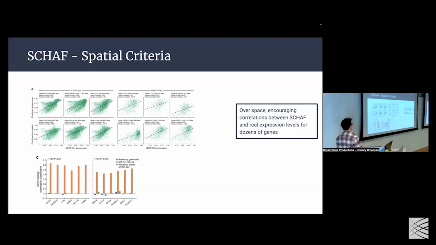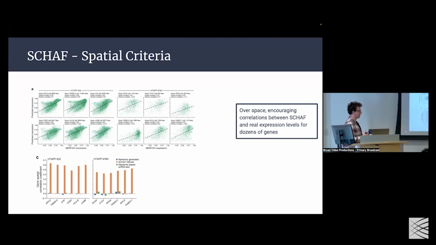First, we look at 6 genes and ask how strong the correlation is over space. What we do is take a tissue and, using this window method, look at different, very small spatial regions of the tissue, roughly 30 pixels by 30 pixels, maybe a couple dozen micrometers by a couple dozen micrometers.